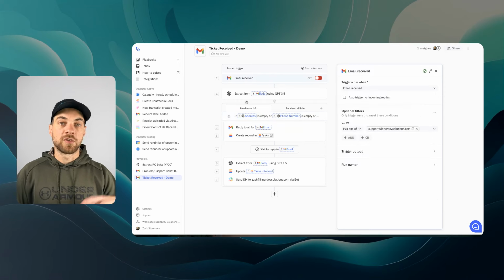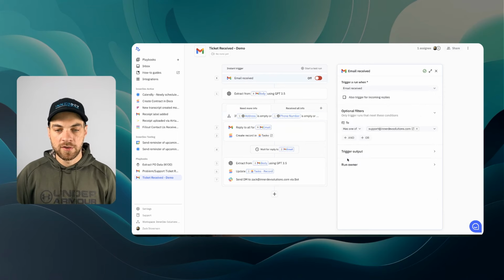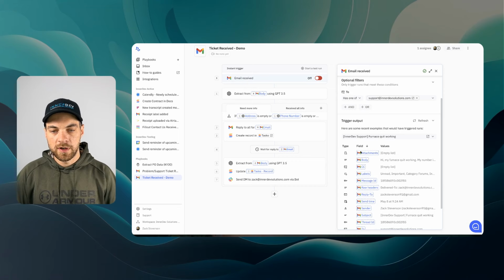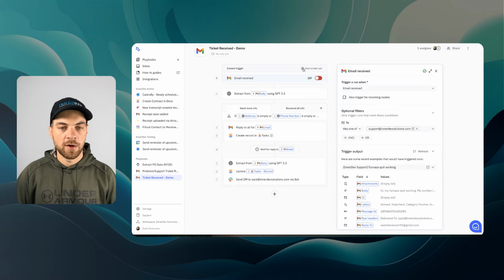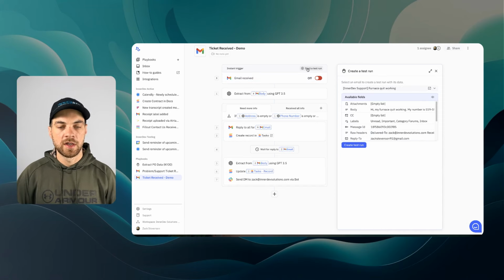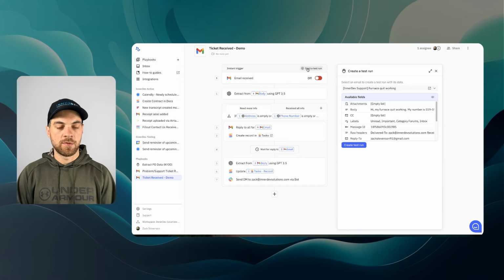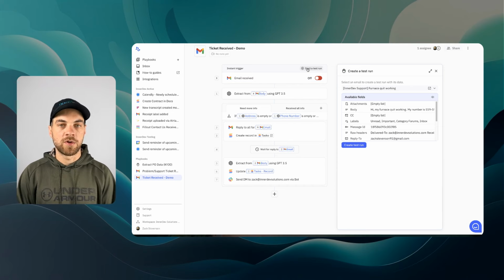And then once you receive the email in your inbox, we can go to this trigger output and we can see here it has found that email, furnace quit working. Now I can go into this start a test run. And we know that all I sent was the problem, the furnace quit working, and here's my phone number. If this works correctly, it will identify that the address was not provided, so it should go the need more info route. So we can go in here, create a test run, start the run,